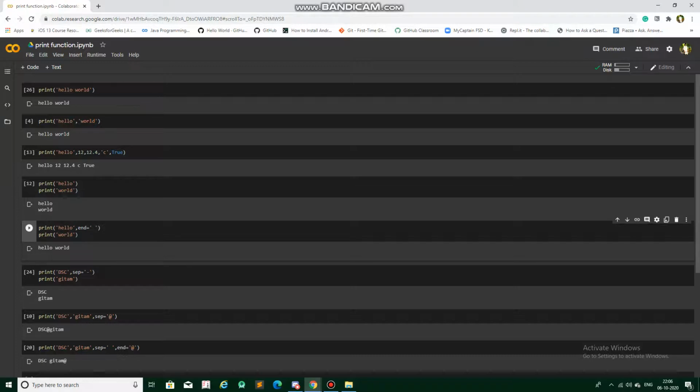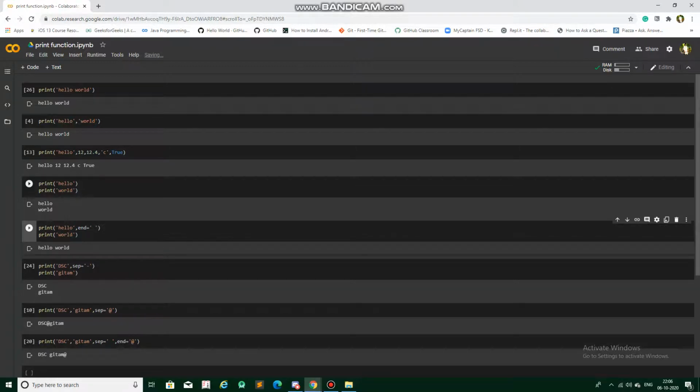Now you can see the difference. In the first case, each string is printed on a new line. In the second case, both strings are printed on a single line. That's the main use of end, which overrides the default \n of the print statement.